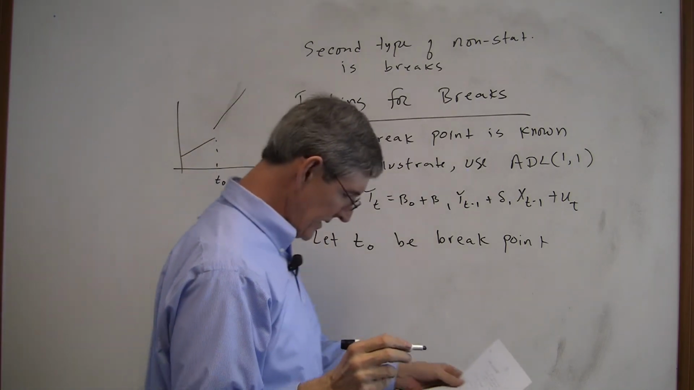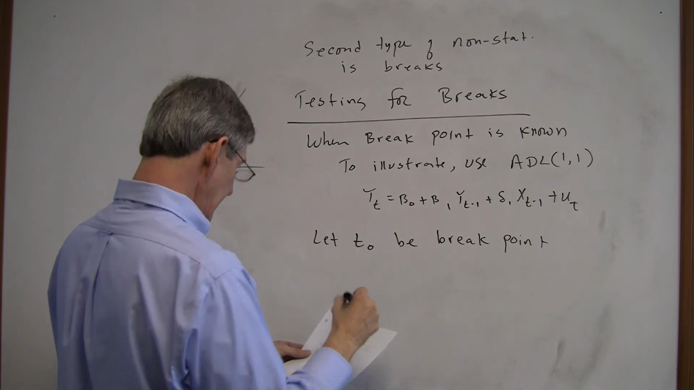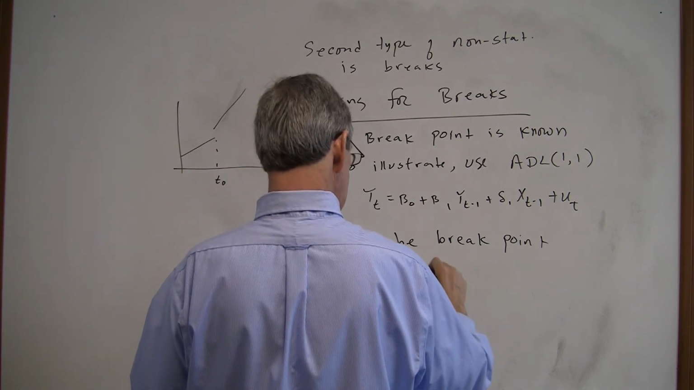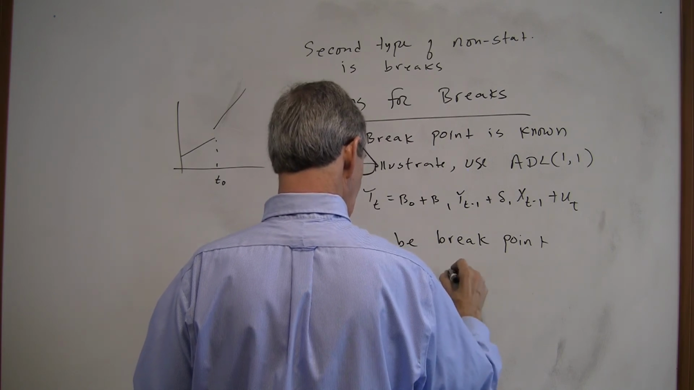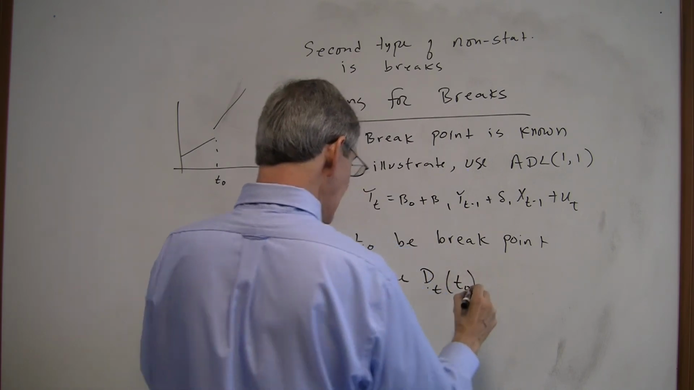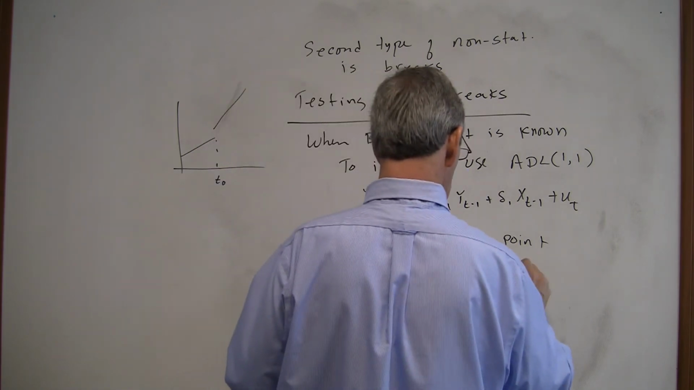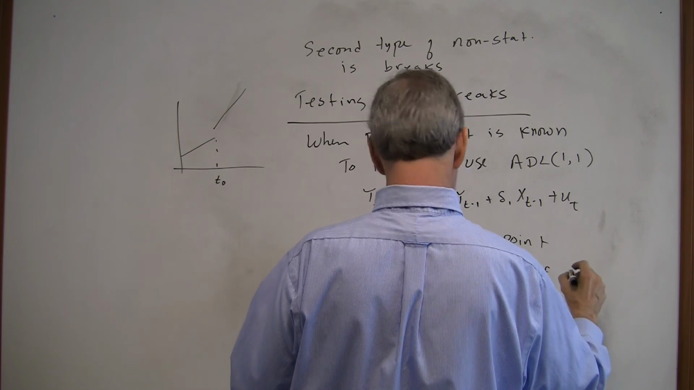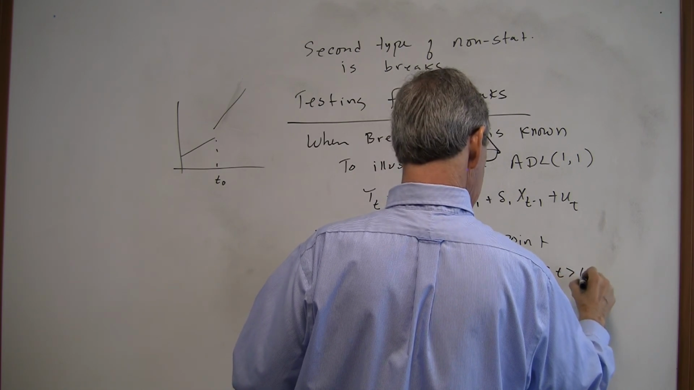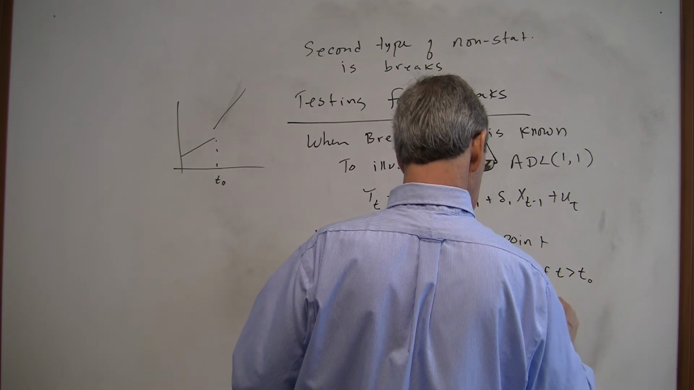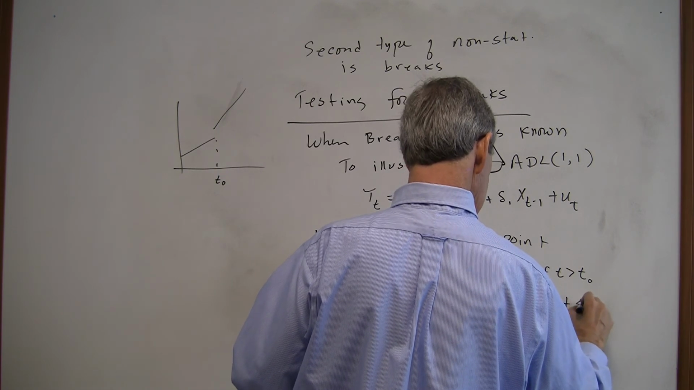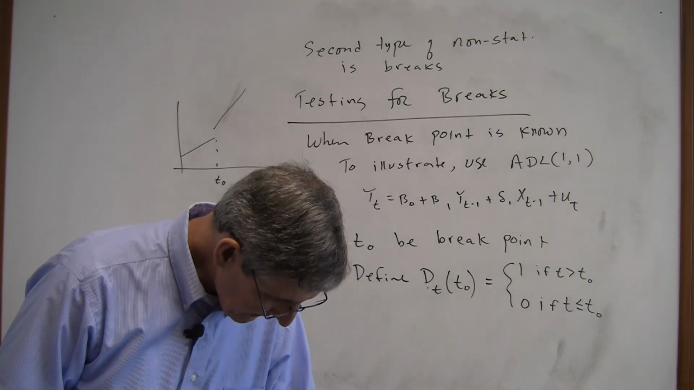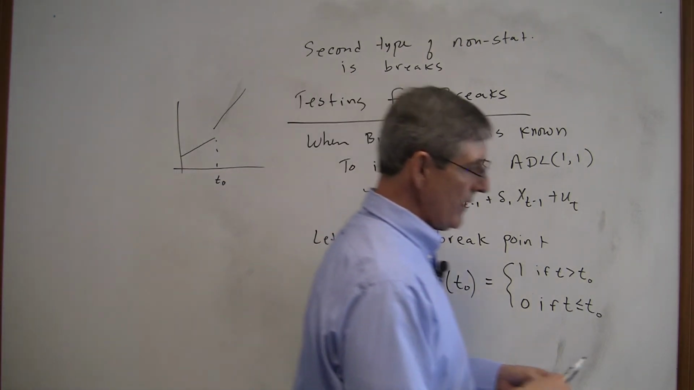So we know t0 is the breakpoint. Then you just define dt, a dummy variable indexed by t0, equals 1 if t is greater than t0, and 0 if t is less than or equal to t0. So we just define a dummy variable,